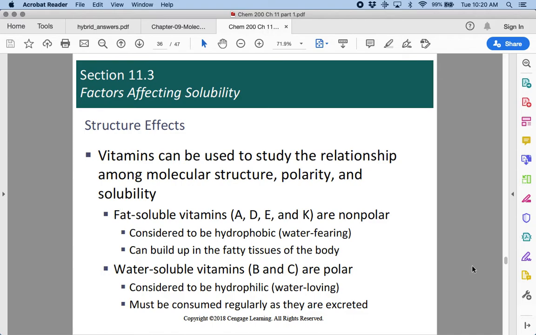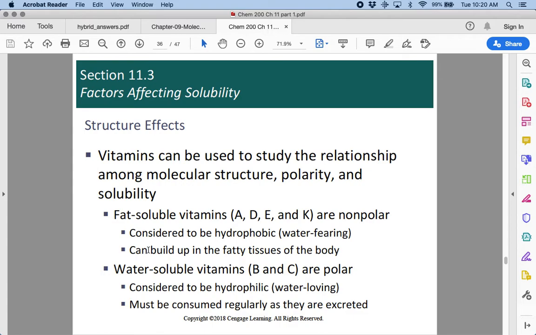Think about the last time you cooked dinner. Maybe you cooked some meat in a pan. The grease, the fat from the meat won't wash away with just water. You need soap in there as well. Water-soluble vitamins would be things like vitamin B and vitamin C, and so this is very helpful. We know that fat-soluble vitamins